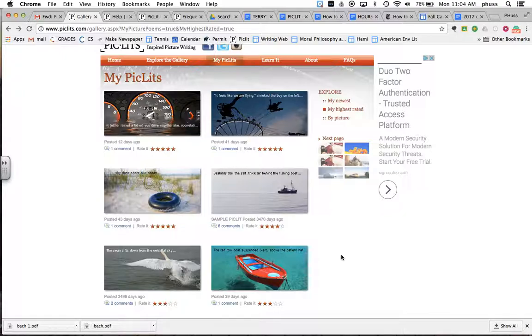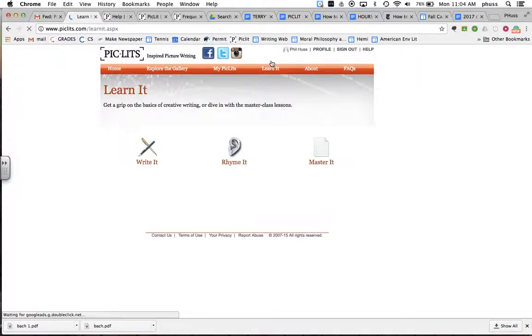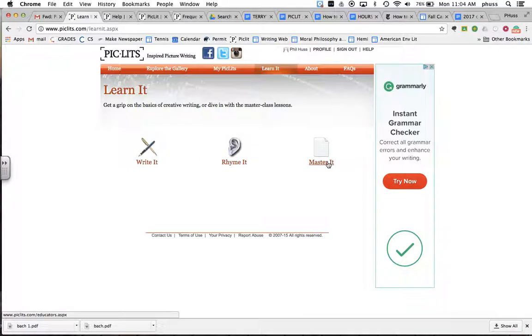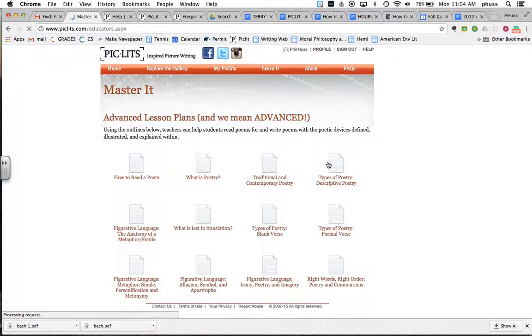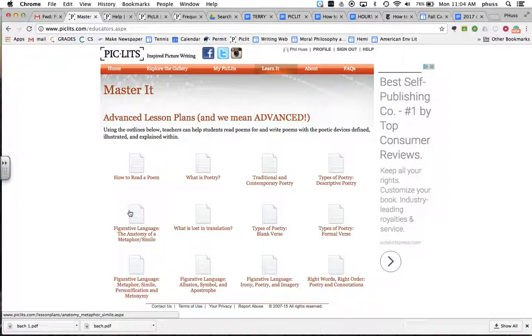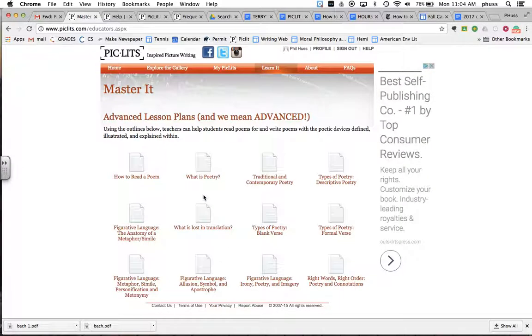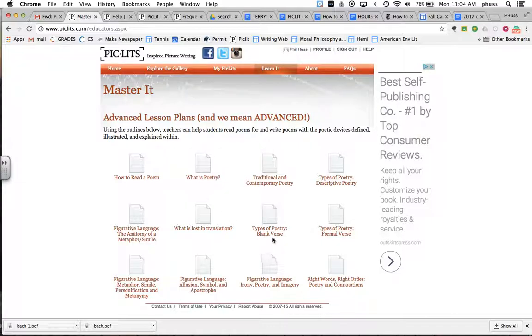Some other things we should know. Covered how to save. This will be, as opposed to learn it, it's going to be lesson plans. Now if we click on it now, it's going to take you to these 3 links: write it, rhyme it, and master it. Master it actually takes you to a bunch of lesson plans related to how to write poetry on these photographs. And so you could write blank verse, formal verse, write with metaphor and simile, write with irony and imagery, write with words that have rich connotations. So really helpful lesson plans on how to create your own